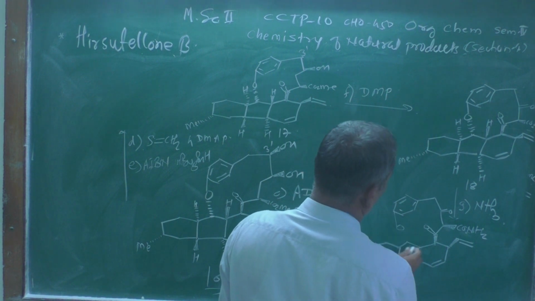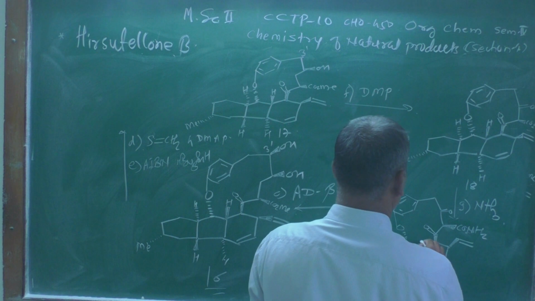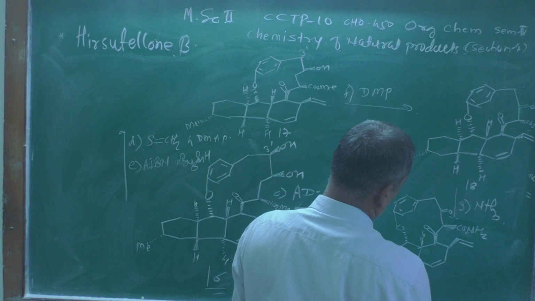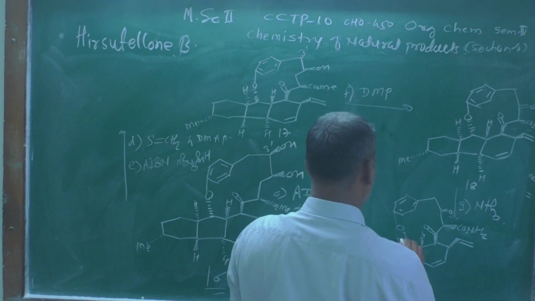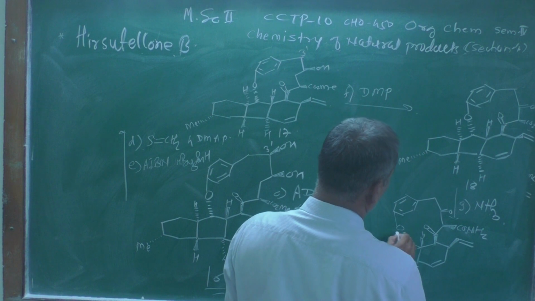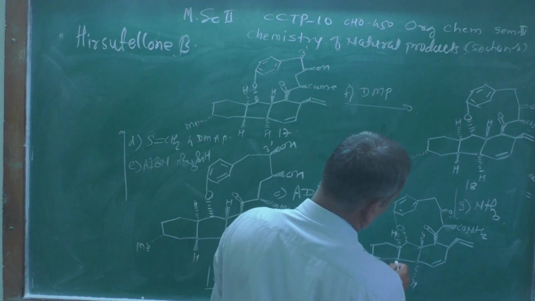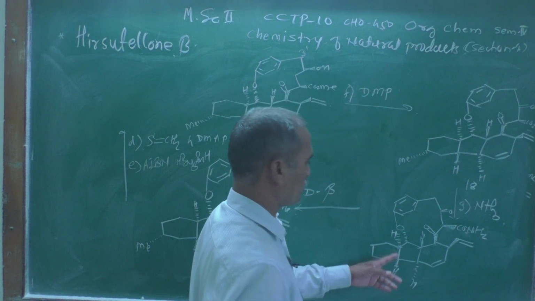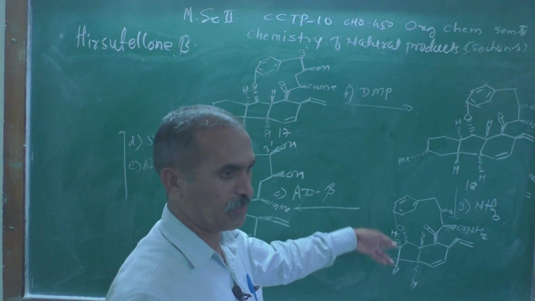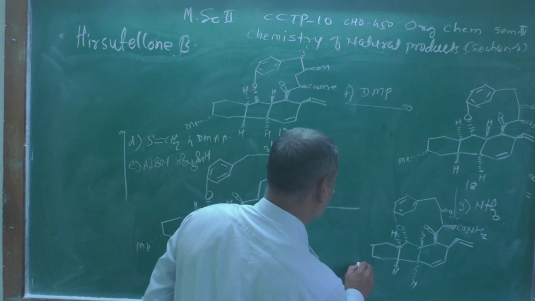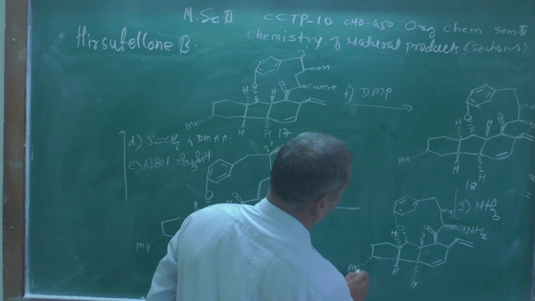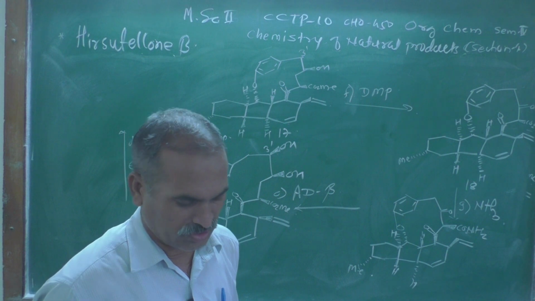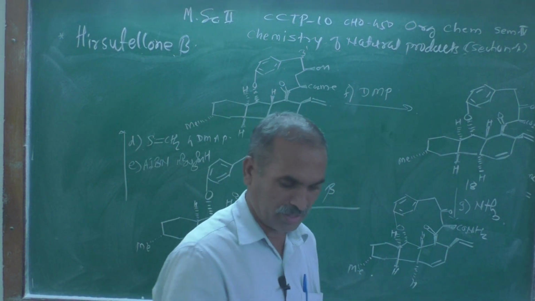The ring remains as it is. This is the hydrogen atom which is above the plane. Here the hydrogen atom is below the plane. This hydrogen atom should be below the plane, and this hydrogen atom, because this junction is trans, one hydrogen should be above the plane and one must be below the plane, and this methyl group remains as it is. And this structure which we have got over here is known as a structure number.